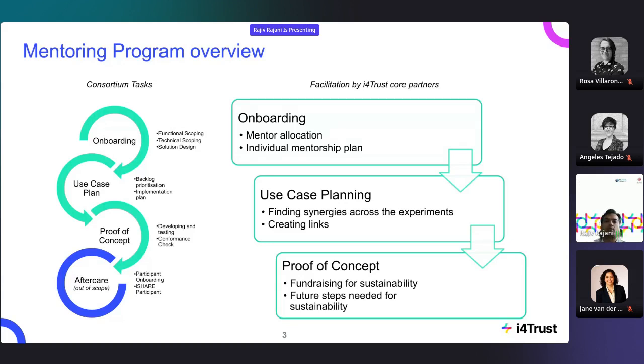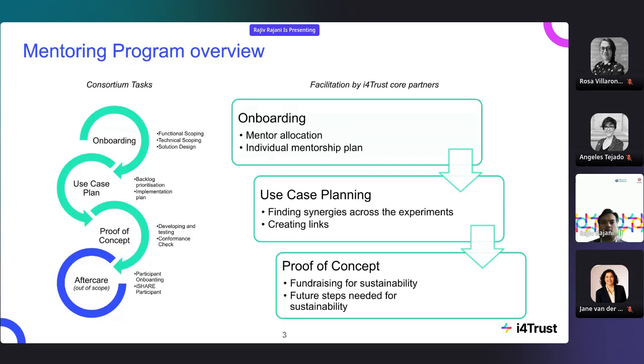So in each stage, what additional things iFortrust core partners will facilitate is, in the onboarding, we start with allocating you with the mentors. You probably already have received the emails where you have been introduced to your mentors, but you will also see it here again.